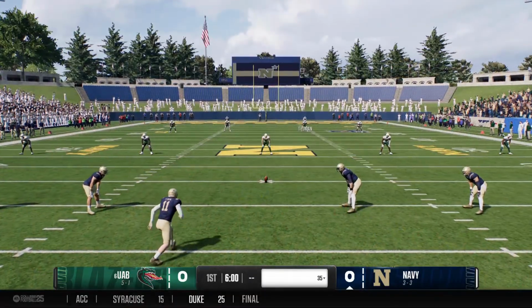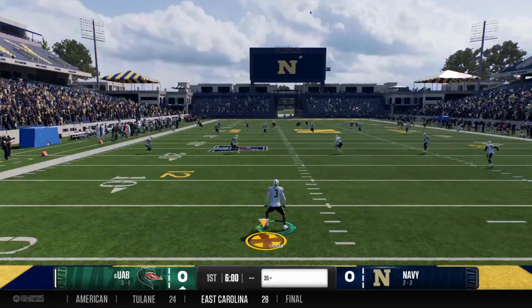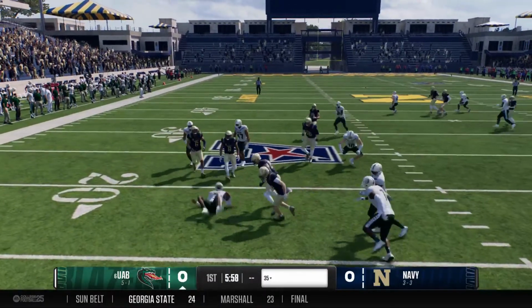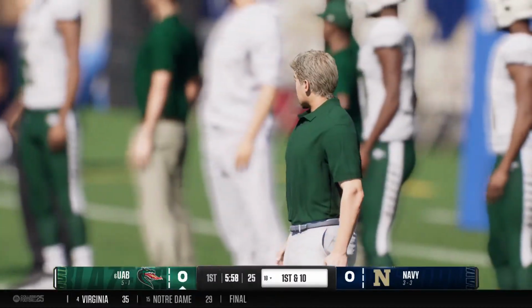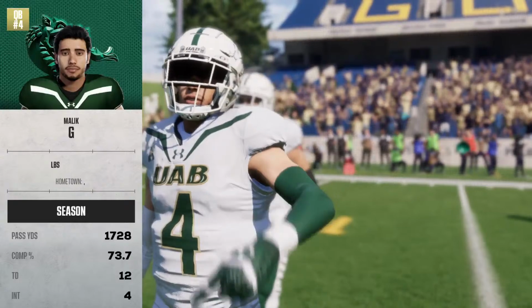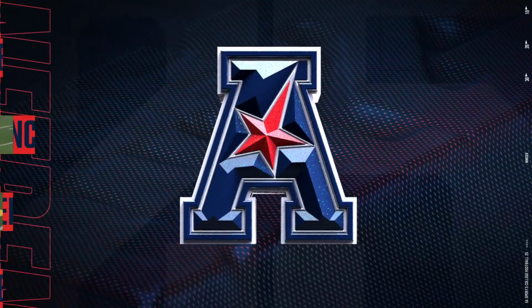Navy ready for kickoff as we get this game started. And he takes this from inside the 5. He was looking for some running room, but not much to be found as he stopped at the 18. The Blazers offense takes the field. And as we look out...